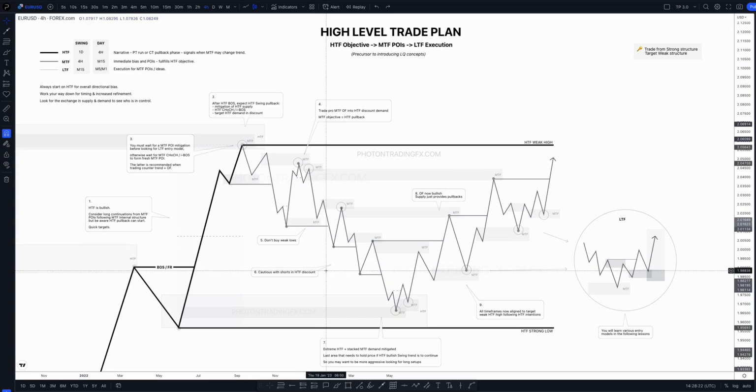And all of the other concepts we use, premium discount, liquidity concepts, a big part of that is what we're going to learn as well. Okay, so watch this video again and again and again. We'll keep going over it. We'll go over this again in the trade plan module when we introduce liquidity concepts. For the majority of you, we're always going to recommend, even if you're advanced, that you start with this style, okay? Because if you get good at this, then you'll have a much higher chance of being good at this,